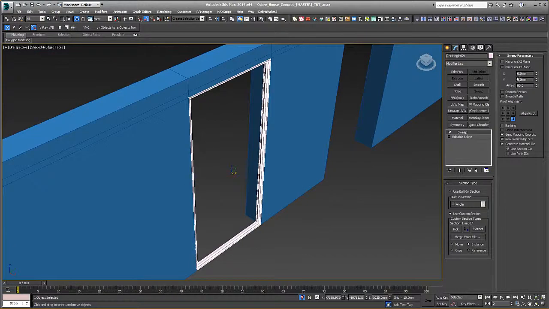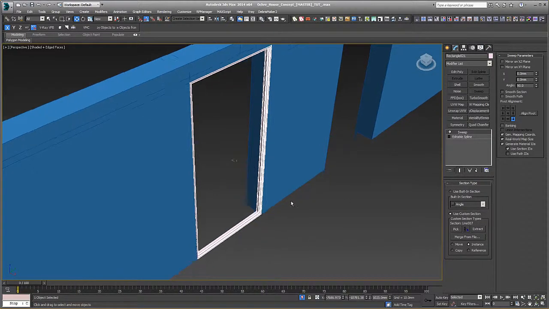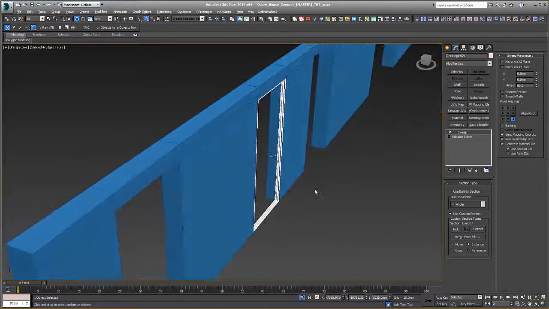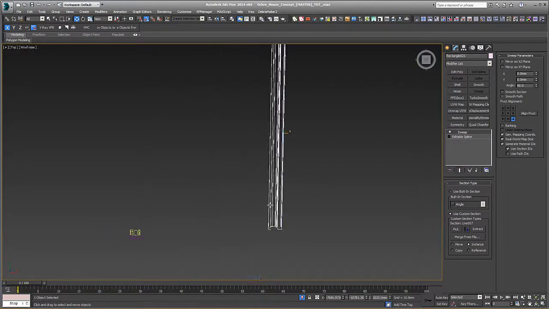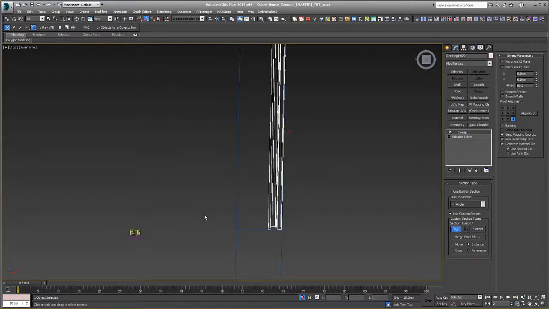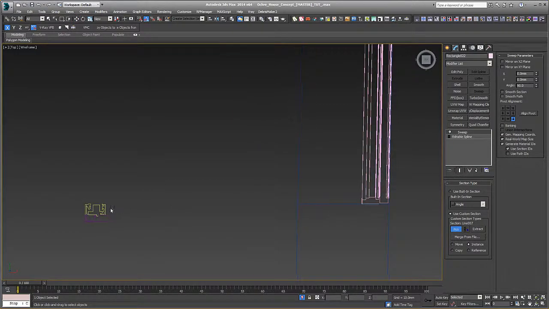So be very careful of these X and Y values. If you've previously used something, Max can pick them up and obviously cause a little bit of confusion, like it just did for me then. So now we've fixed that problem. We can copy, clone the spline, just a copy, not an instance, because we're going to pick this inside spline now,